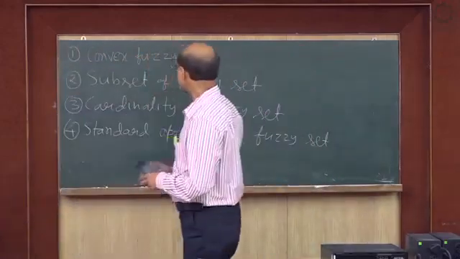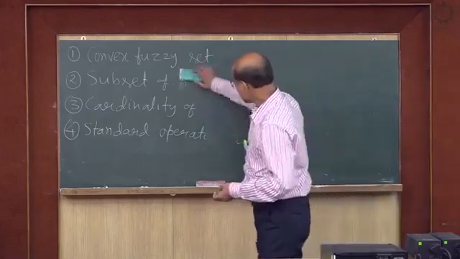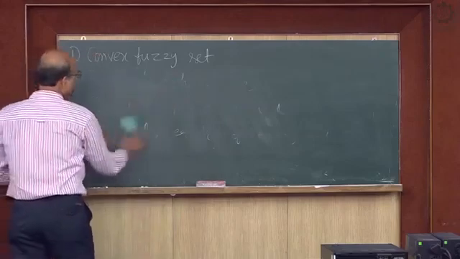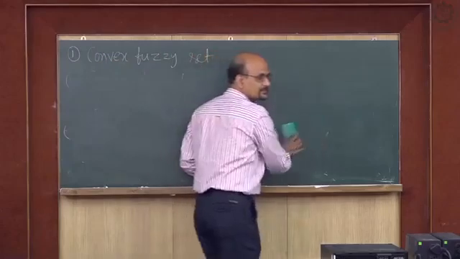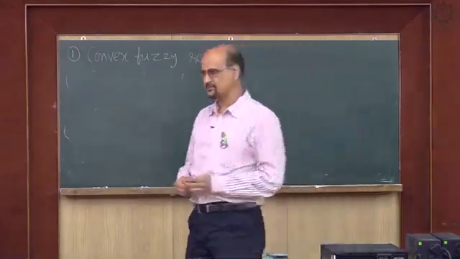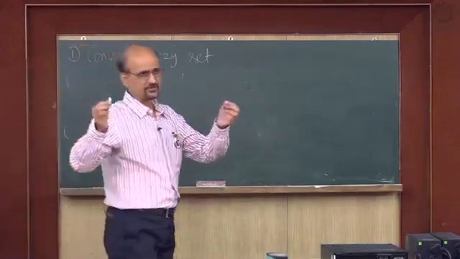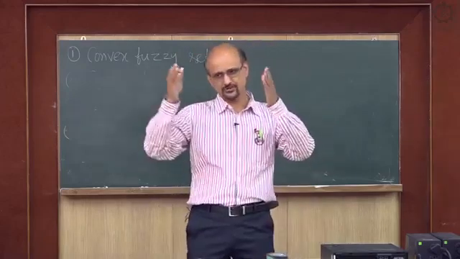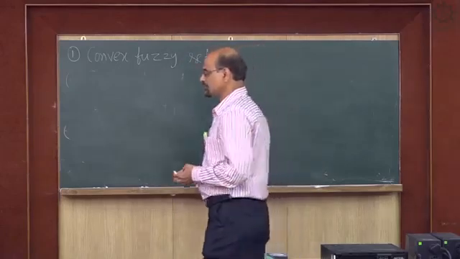So, let us start with convex fuzzy set. Okay. What is a convex fuzzy set? We have already defined a convex crisp set, no? And you know also what is a convex set for the crisp set theory. That means if I take 2 points in a set and if I join those 2 points by a straight line, then all those points should lie in that set. Okay. So, in terms of